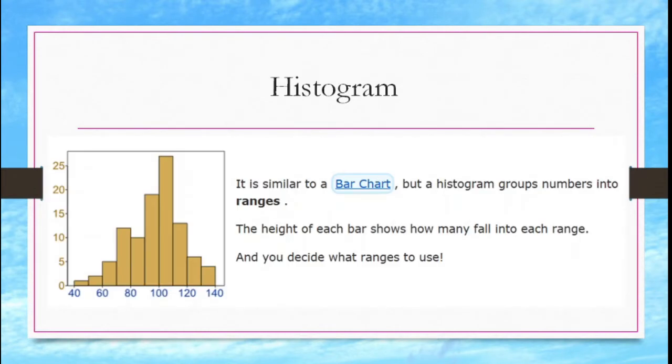Right, so you can see it's similar to a bar chart, but a histogram groups numbers into ranges. The height of each bar shows how many values fall in a particular range, and you can decide what range you want to use. It's up to you only.